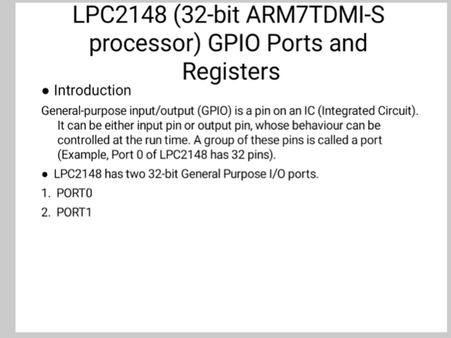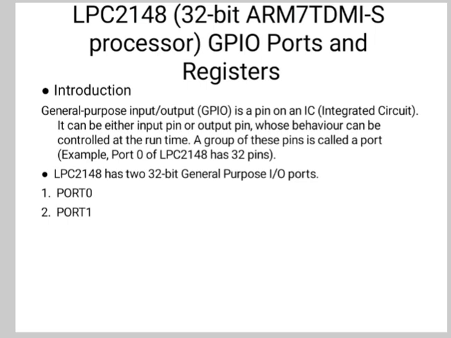Now port 0 is a 32-bit port. Out of these 32 pins, 28 pins can be configured as either general purpose input or output. One of these 32 pins, that is P0.31, can be configured as a general purpose output only, and 3 of these pins, that is 24, 26, 27, are reserved, so they are not available for the user. Also these pins are not mentioned in the pin diagram.